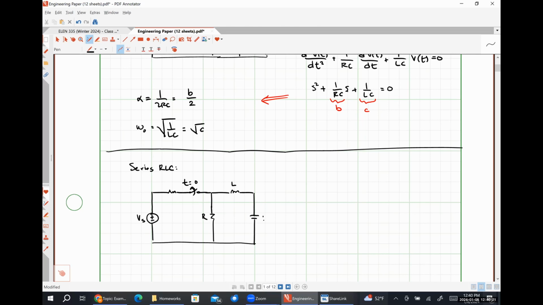This is R, this is L, this is C. This is our common current I flowing around the circuit. This is VL, VC,